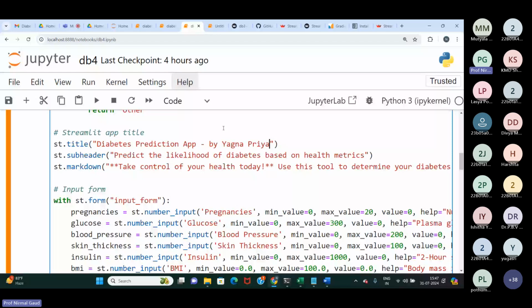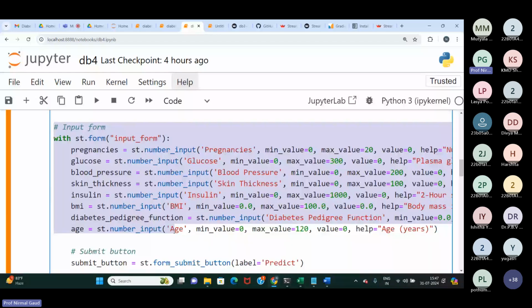Okay, so this is the app you are making. So put your name. I am not deleting it now because I don't need to here. So, diabetes prediction app by you. We have made this form. This is the form from where we are taking the input from the user. The user's input will be taken here with st.form. A Streamlit form is being made where we are going to expect numerical inputs from